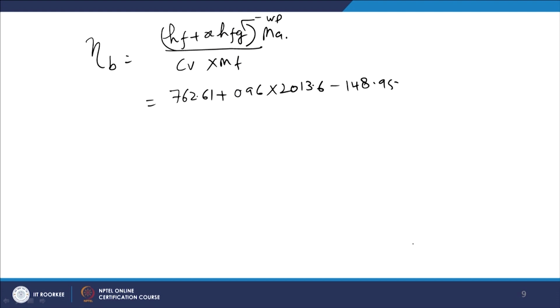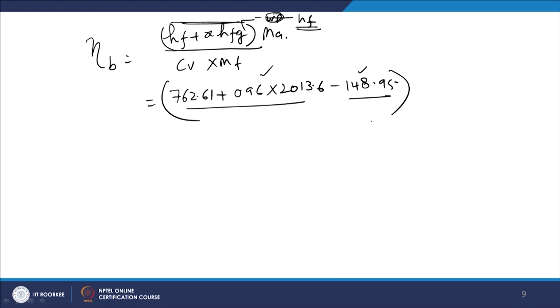Pump work has to be calculated. Sorry, not pump work. This is enthalpy of water. This is enthalpy of steam. This is enthalpy of water. So the difference in enthalpy has to be taken, right? This is the enthalpy of steam which is coming out of the boiler, and this is enthalpy of water which is supplied to the boiler. So, in order to find the net amount of heat added, the difference of these two enthalpies has to be taken,